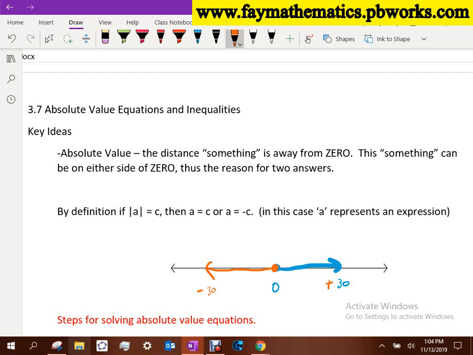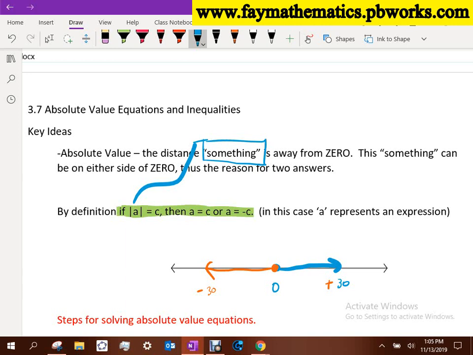The negative symbol, that minus sign out front, is telling us a direction: you moved to the left. The plus is a direction: move to the right. So here's by definition what absolute value is algebraically. If the absolute value of A, and when I say A here, that is my something, could be A, could be X, could be 2X, could be X plus 5, could be 2X plus 5, it's just some object inside the absolute value bars,